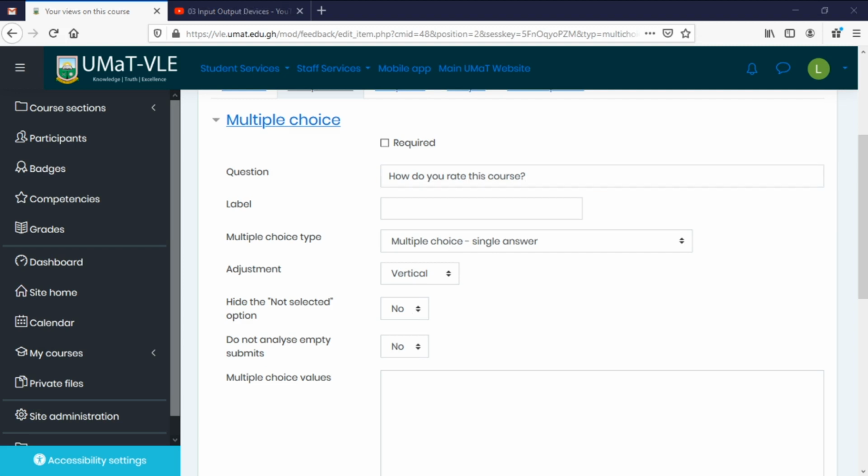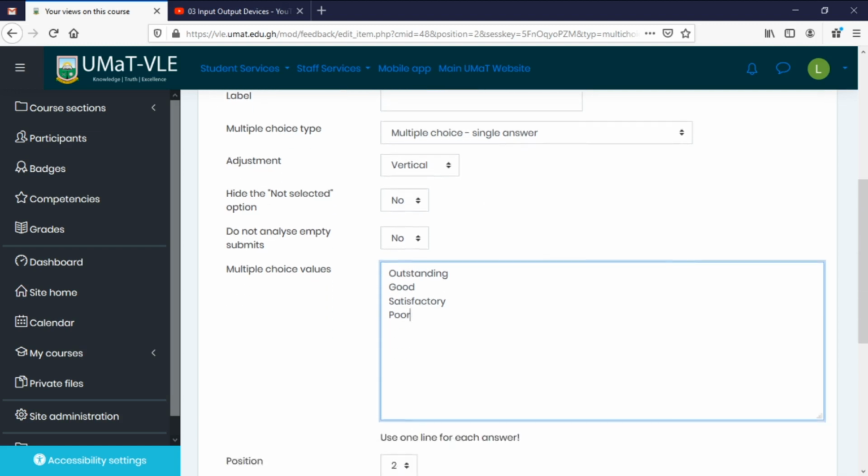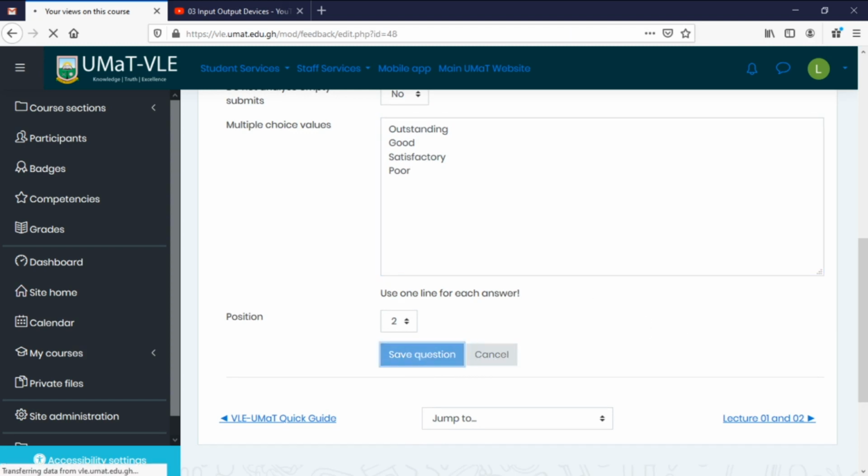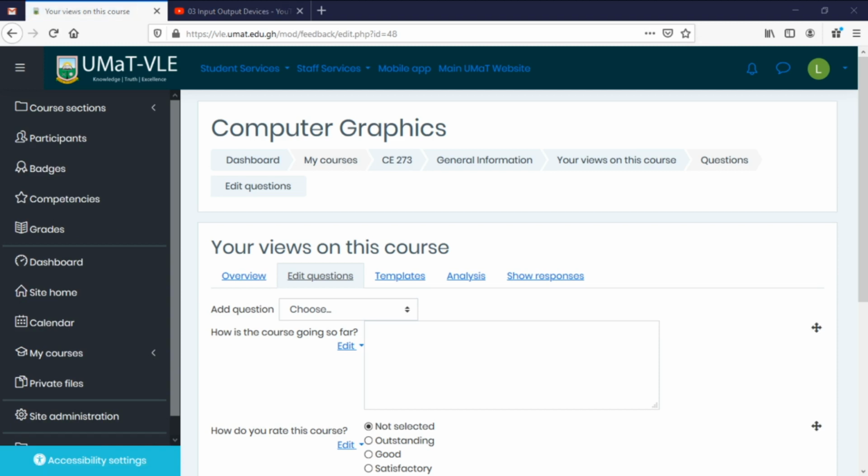And these are the options that are available, whether it's outstanding, good, satisfactory, or poor. So that is a multiple choice question feedback for the student to answer, and it will be the second question in the feedback section. I'll save and I'll add the last question, and that is going to be